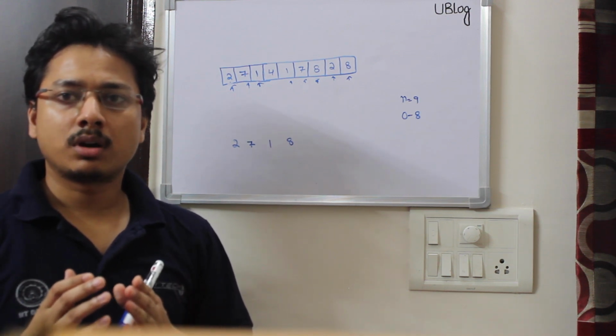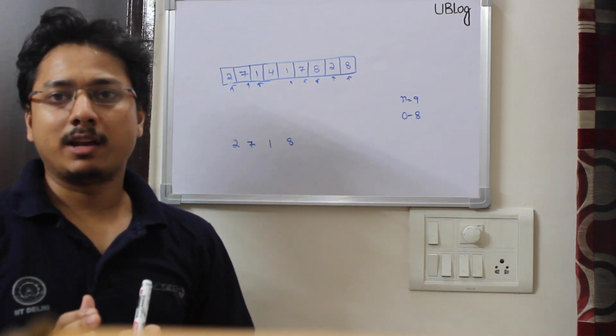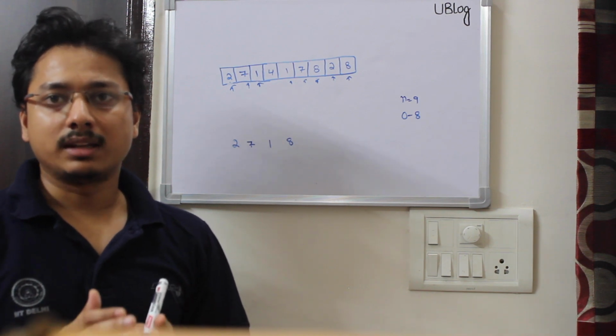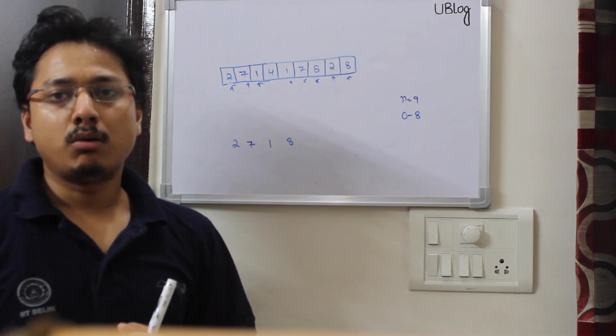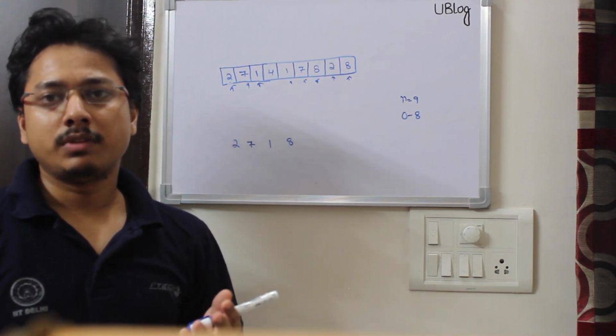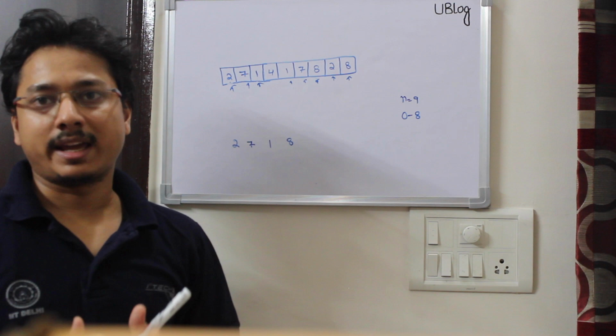So we were able to reduce the complexity from n square to n log n plus n, but still it is higher than n, but still we are not using any extra space. Now we should think of a solution using which we can solve this question in O(n) time.